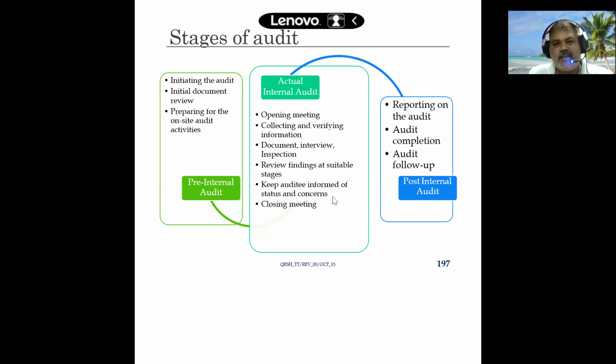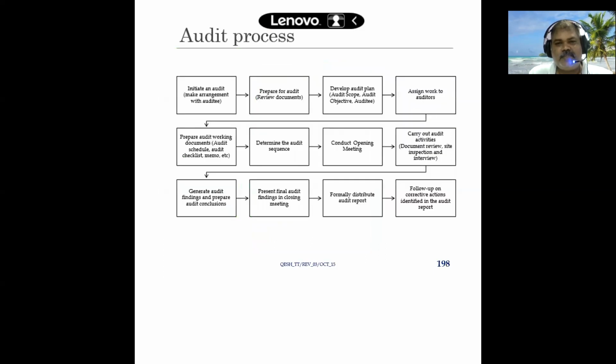So I will just now see the video also, same. So reporting on the audit and audit completion, and after that, audit follow up. So if you've given any MC or any follow up, you need to verify. If it is an emergency, you need to verify that it is corrected. Then okay, the auditing process. So the first is initiating audit, make an arrangement with the auditee. Then you go for